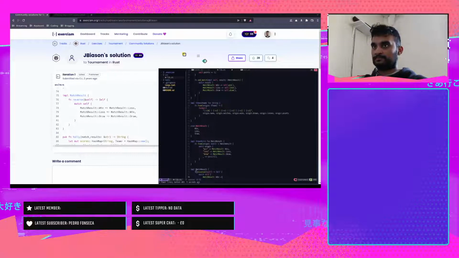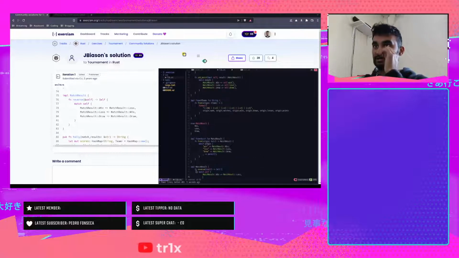Win to match result loss. So this function that I'm currently copying over manually is basically that instead of you